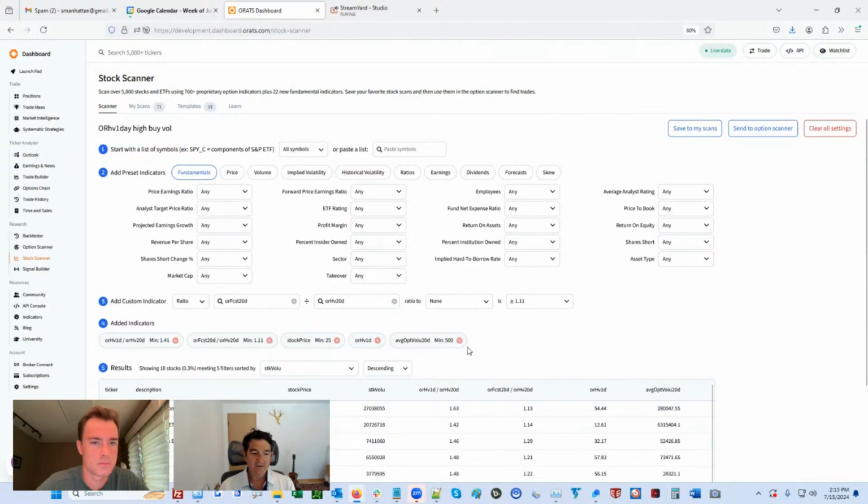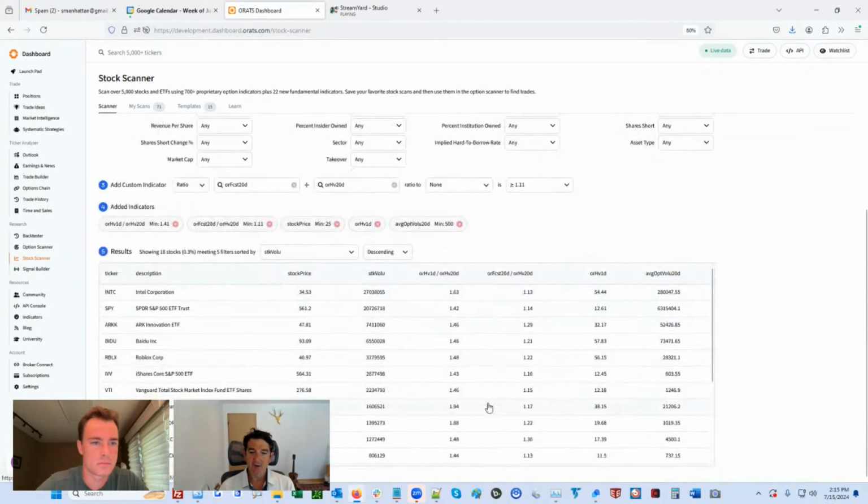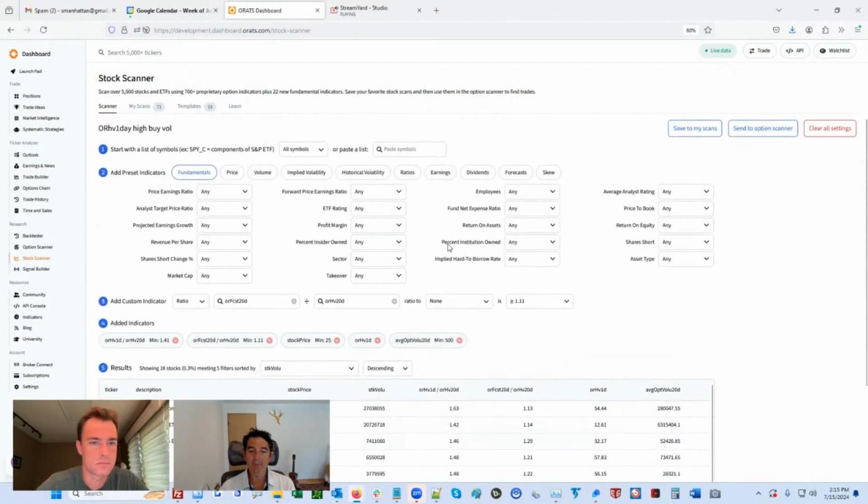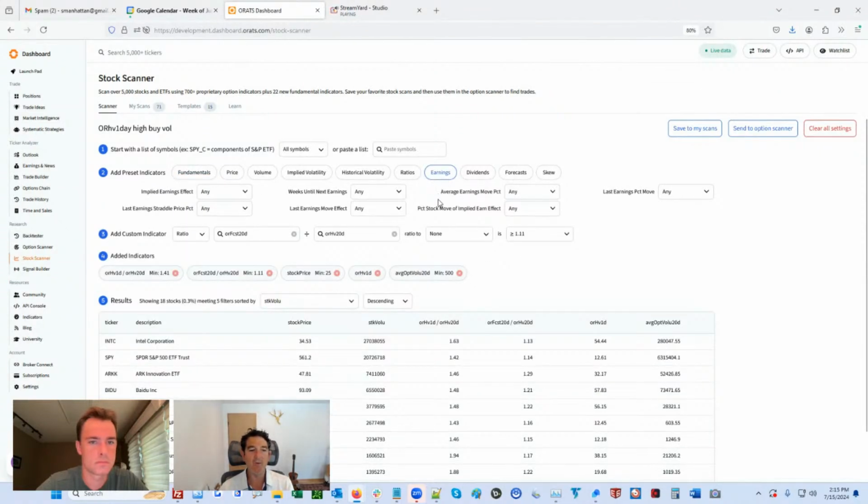So the weeks to next earnings, that really didn't bother these. But if I didn't have an earnings filter, what you want to do is you don't want the earnings to have just been announced, because that would have been a big move and the volatility would be low right now. So since you want the weeks to next earnings,